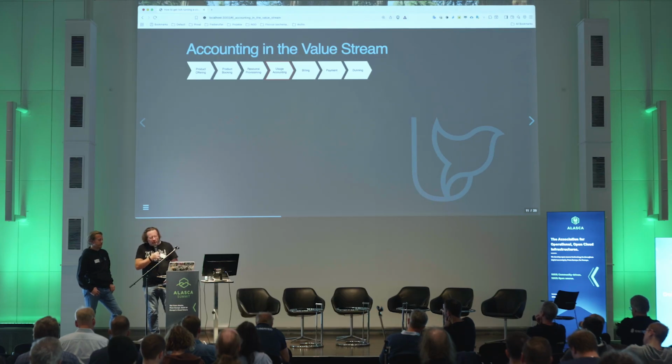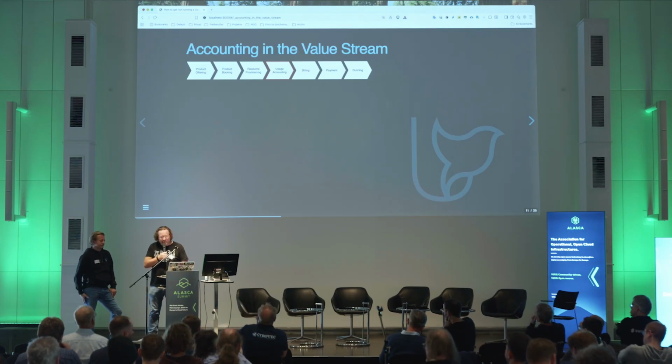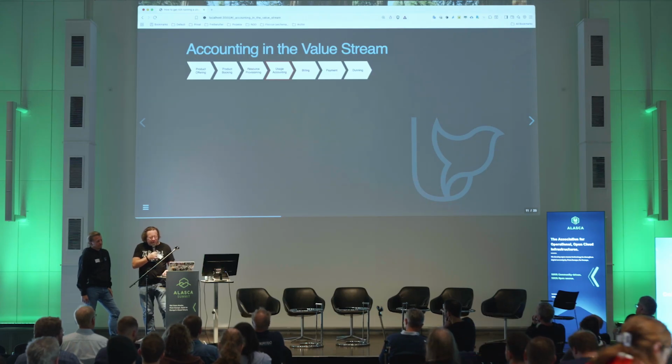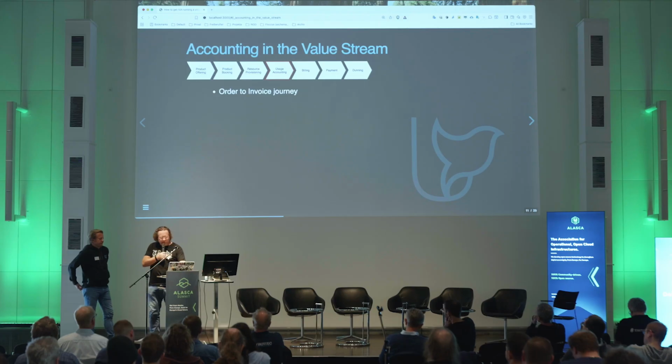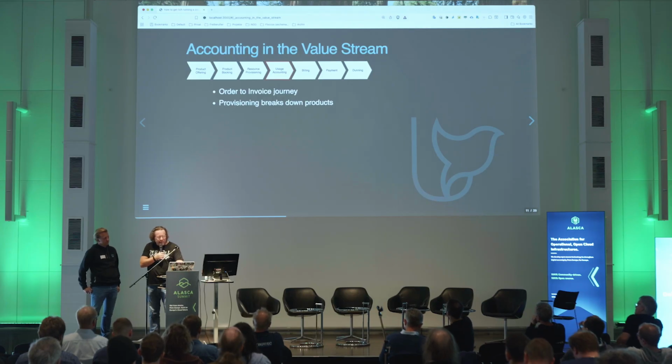Sooner or later, everyone who's running a cloud has to get some idea on how to make money, or maybe you're not making money, maybe you make experience out of it, but you have to do some billing based on accounting data. And that's what we are doing. We went through the order to invoice journey, which is from left to right in the value stream. We looked at how to provision the product into resources, and then aggregate the usage of the resource,